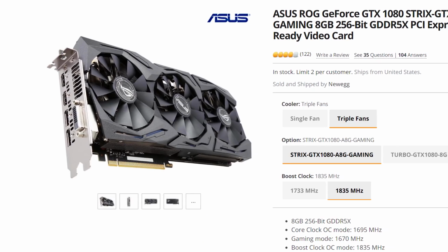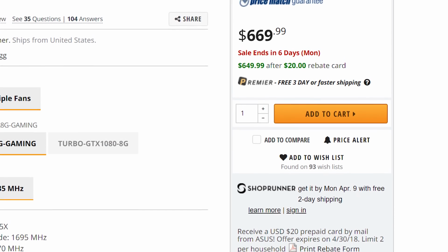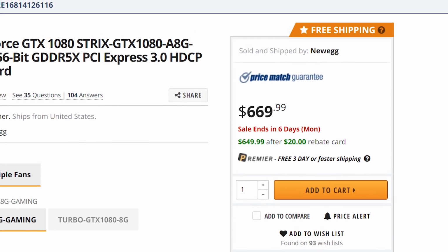So the Strix GTX 1080 is going for $650, which is a whole heck of a lot for a GTX 1080 right now, but it's also not a whole heck of a lot when you compare it to other GTX 1080s that are on the market. So it's $650 after a $20 mail-in rebate, making it $200 off what other comparable GTX 1080s are going for right now on Newegg or Amazon, which means that that $200 off puts it at a 23% discount, which, I